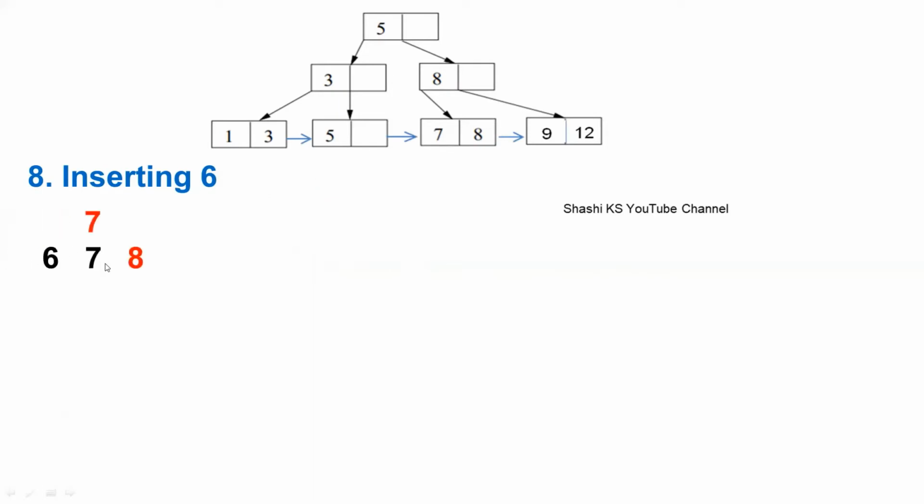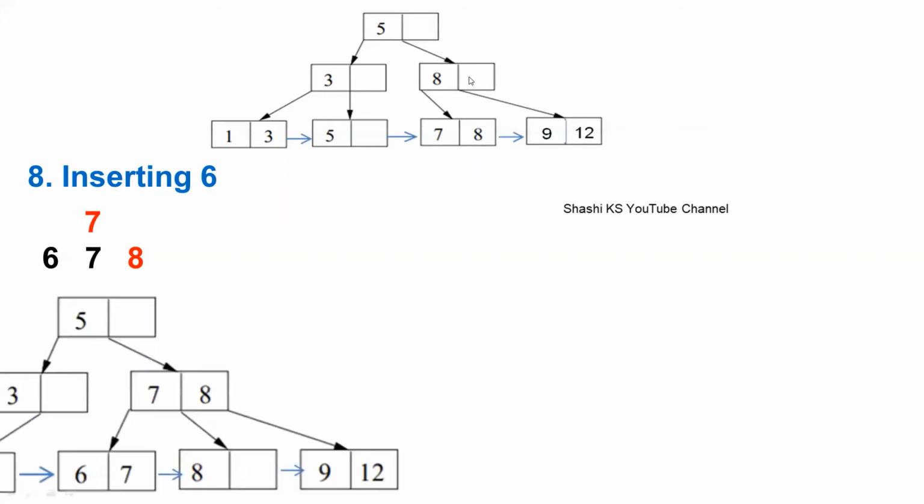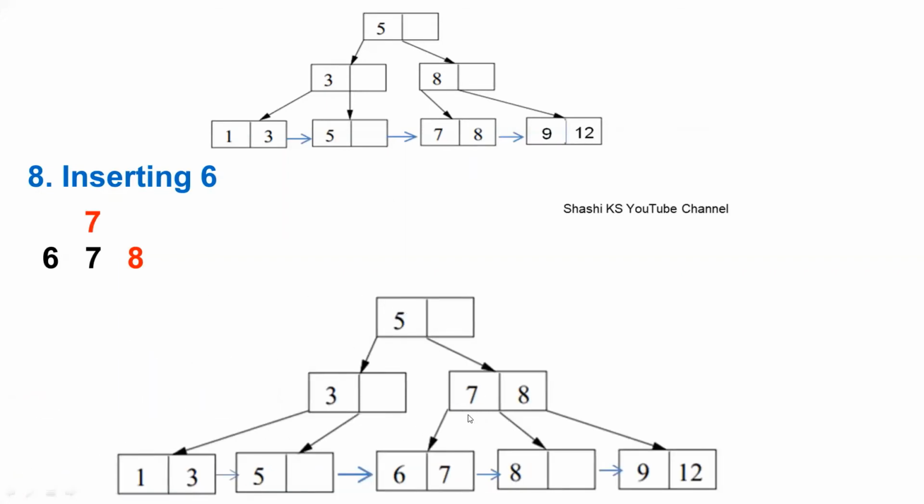So follow the principle of splitting of the leaf node. First 2 entries are kept in that existing node, and the remaining entries are moved to the new node. So 6 and 7 are kept in the existing node, and 8 is moved to the new node. And the jth search value, that is the second search value, is replicated in the parent node. So 7 has to be replicated in the parent node here. We have space in the parent node also, so 7 can be replicated and moved to the parent node. So the final B plus tree we get will appear like this.